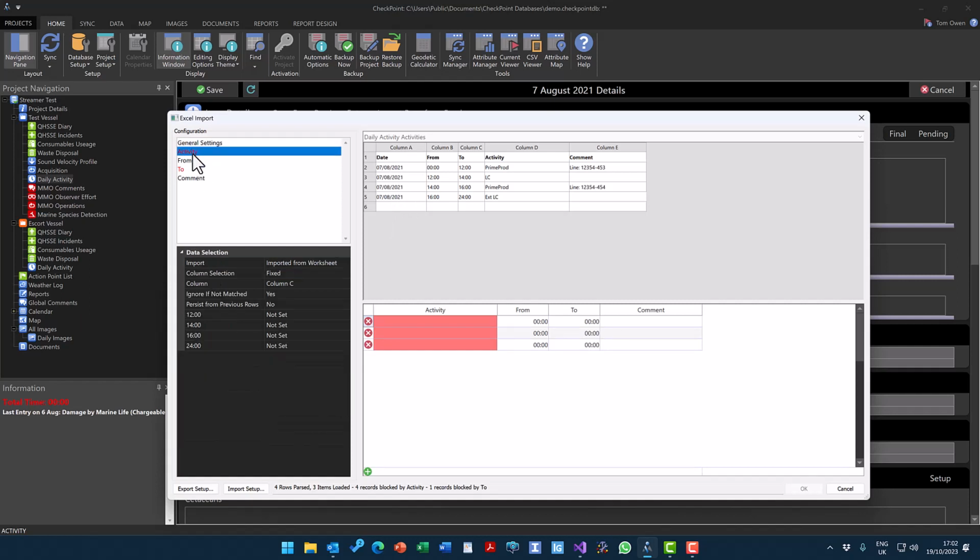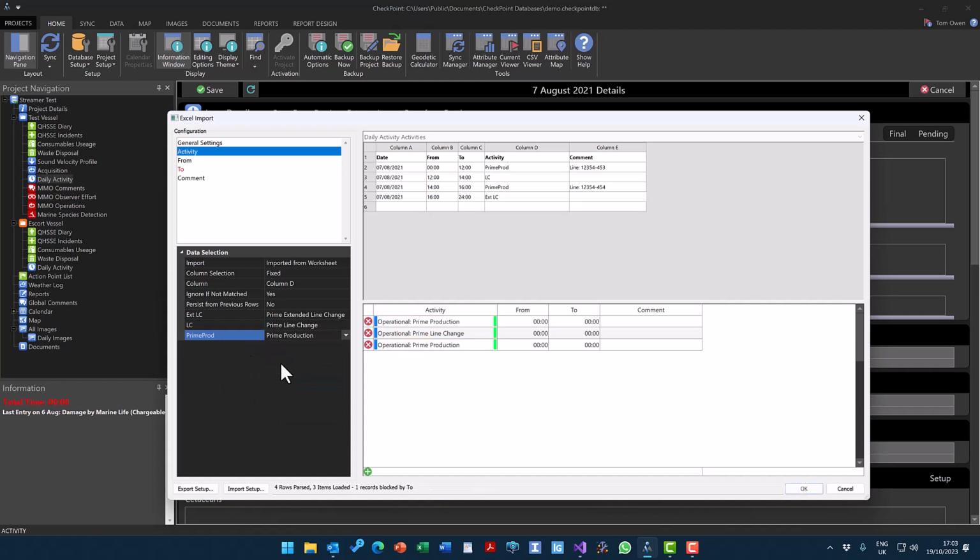The other columns will all be imported, and if you see them in red in the configuration window in the top left, it means that something's getting in the way of the data loading. The system will not load data if it doesn't recognize it. So at the moment it's looking for activity. It's set to import from the worksheet, but it's looking at column C where we want to put it for column D. And column D has that activity as prime prod LC XLC,